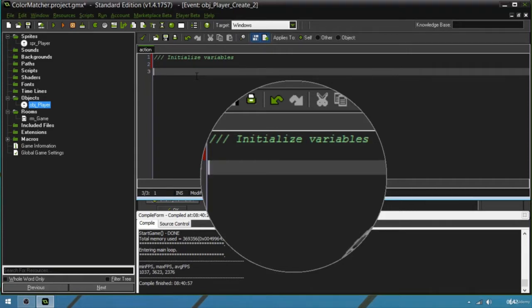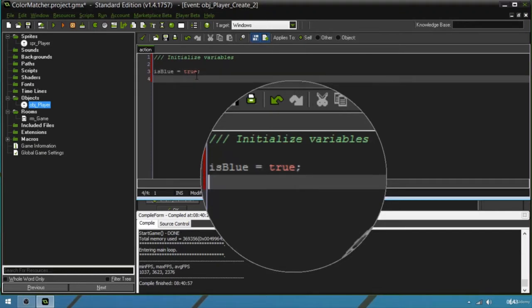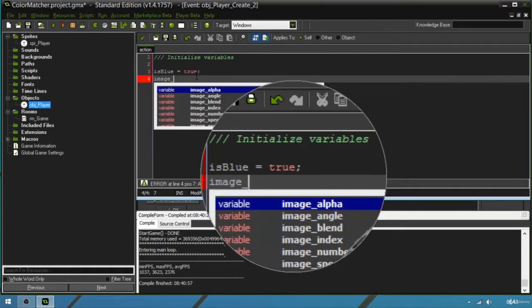So for the player, we're going to use is blue, and we're going to store the value true here. So is blue is a variable that is going to contain a Boolean value, which is either true or false. Okay, it's going to basically hold a value which is true or false. And also to start, we're going to set the player's color to, you guessed right, blue. Okay, so to do this, we're going to type image underscore,